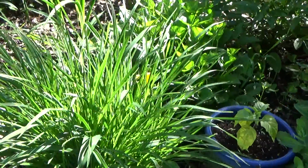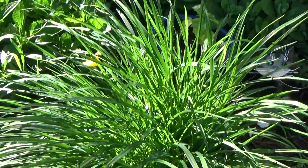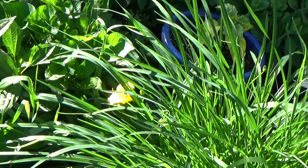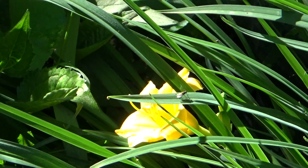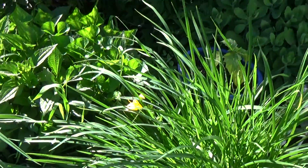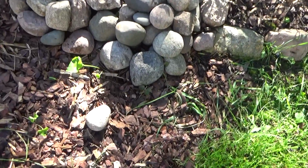I have a lot of weeding to do. It's just been so wet, but now's the time to do it. So I'm hoping that we get a wind here someday so the bugs don't get me too bad. Back here. Stella d'Oro. I just knocked my little mountain of rocks down here. Let me just...